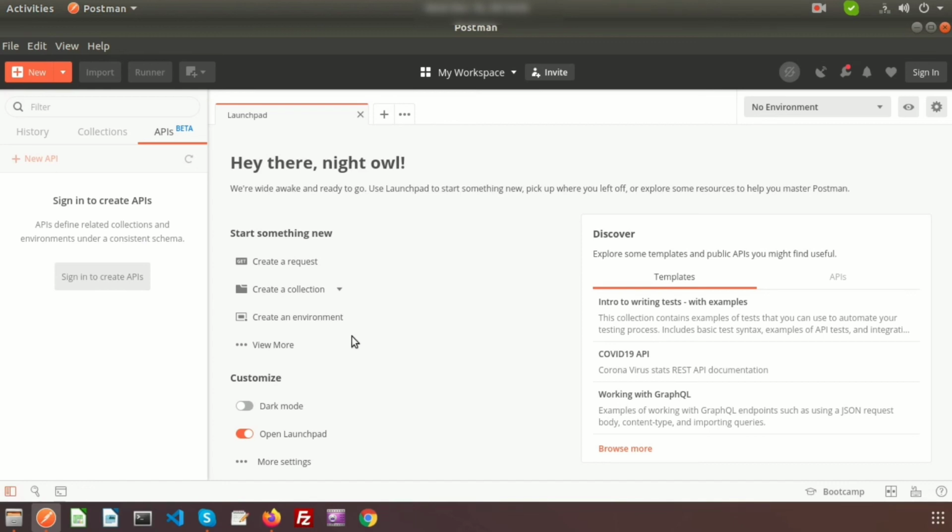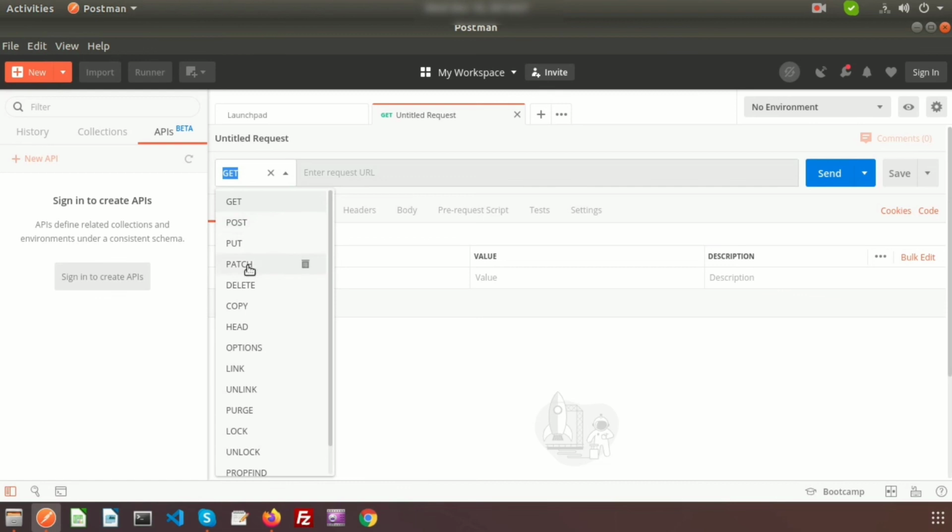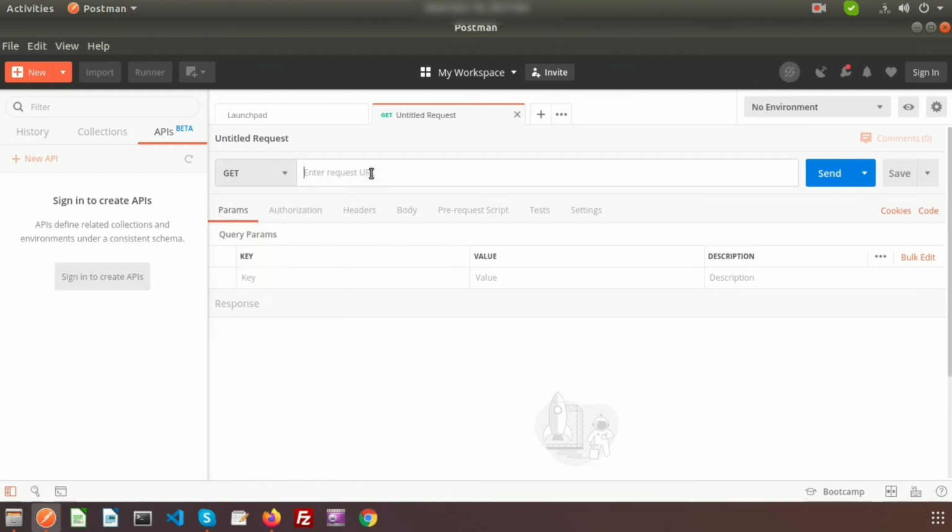There is also an extension for your browser, and I have separately installed Postman for use. Here you can see the section where we can provide our URL, and there are many types of requests. Here you can see the list of requests: get, post, put, patch, delete, copy, head, options. We can test anything with this.